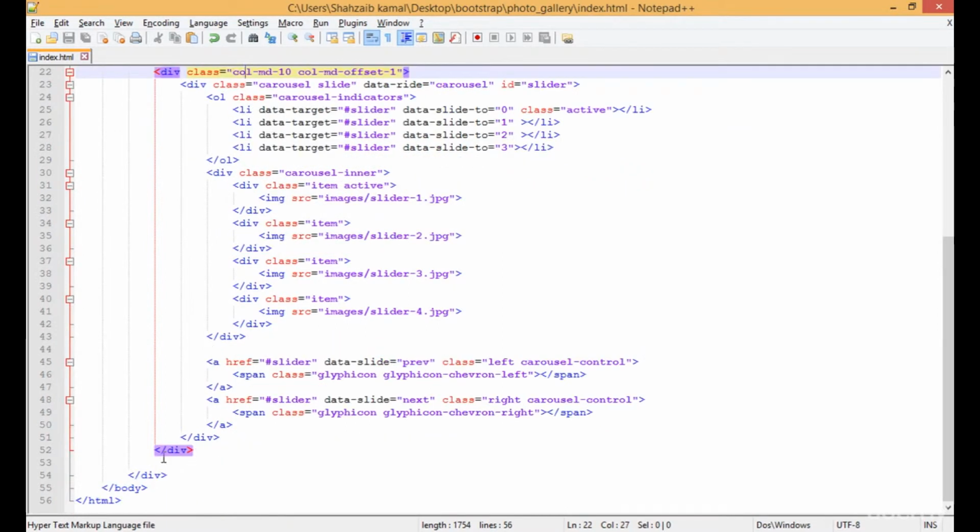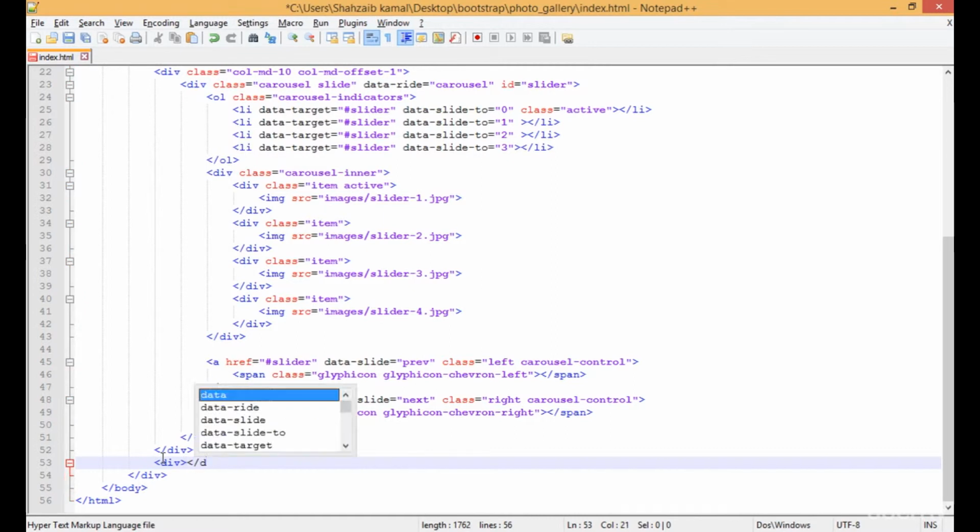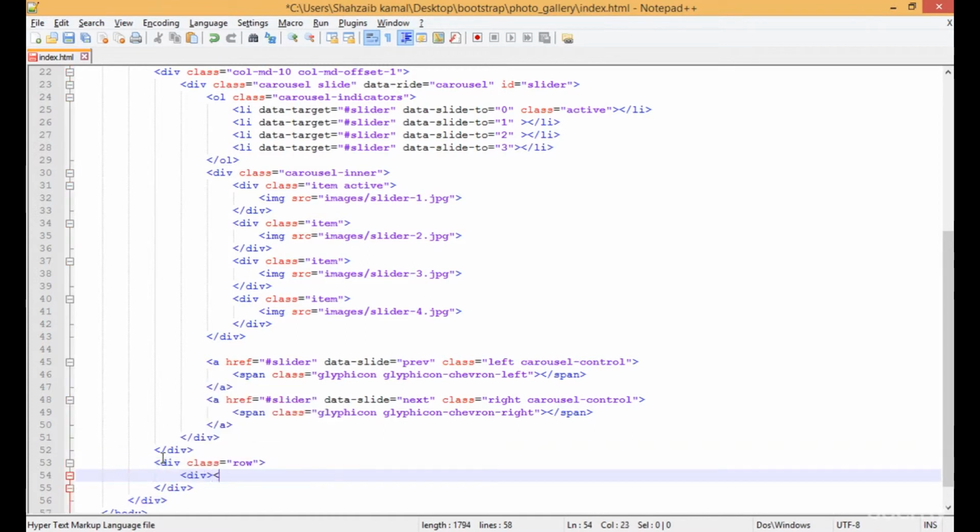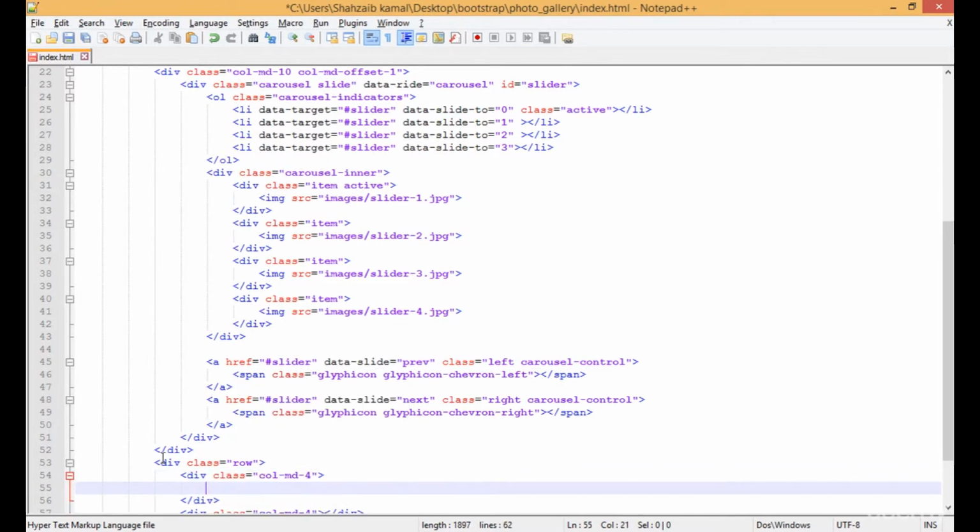After this column, I'm going to create a new column, but for now I'm creating the row first, to clarify that we are in the next row. Inside this row I'm creating a div, and for this div I'm creating the class col-md-4. Then I'm adding an a tag with href, and at this time I'm adding a simple sign, the hash, and then the class